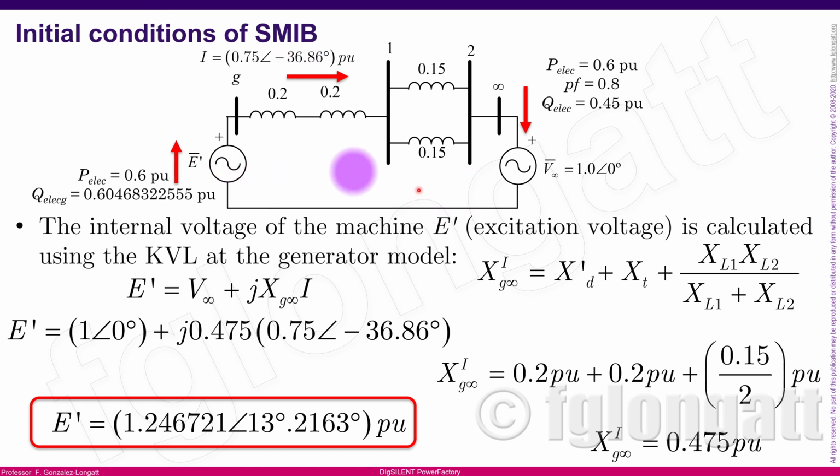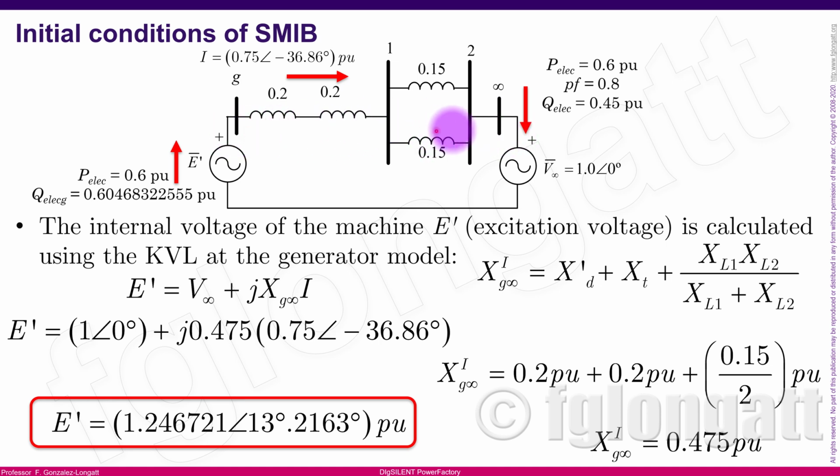But if you look, this circuit is extremely simple. We have here a voltage source, we have here a series of different reactances, and then we reach this voltage, okay? Now, what we can do is use just basic circuit analysis, and there is something called Kirchhoff voltage law. Kirchhoff voltage law is probably the best tool that allows you to calculate that internal voltage. For instance, we can move inside this closed loop and write the Kirchhoff voltage law. For instance, this internal voltage should be equal to the voltage drop across this series of reactances,